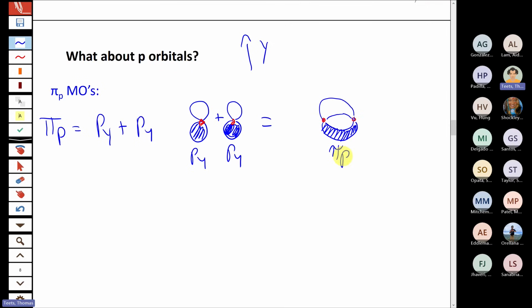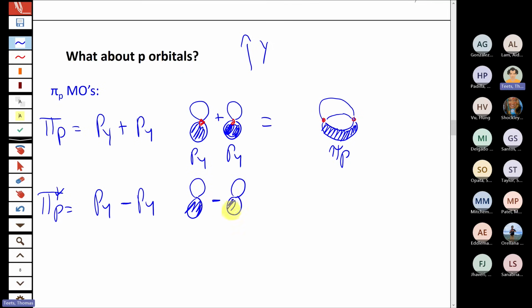All right. So it's a little bit different than what we talked about in valence bond theory, because it's no longer two separate p orbitals overlapping side to side. It's a new delocalized molecular orbital that comes from side to side in-phase overlap of those orbitals. But whenever we make bonding orbitals, we also make antibonding. So you have a pi star as well, which would be from out-of-phase combination of the two. That's taking the same two orbitals, but this time subtracting them from one another.